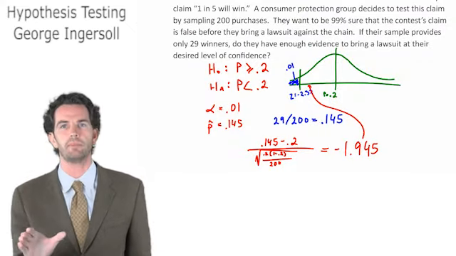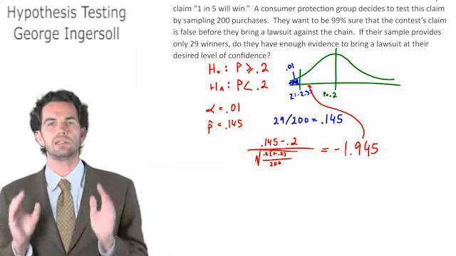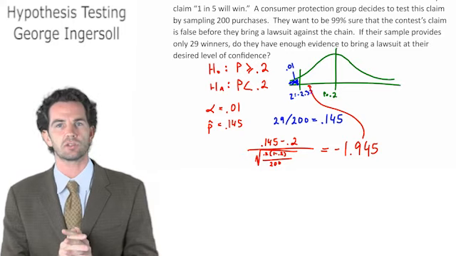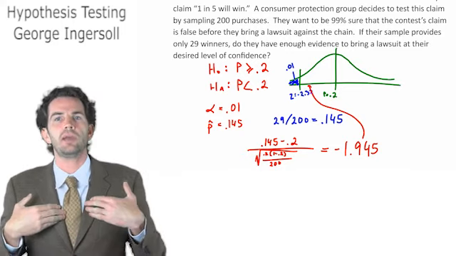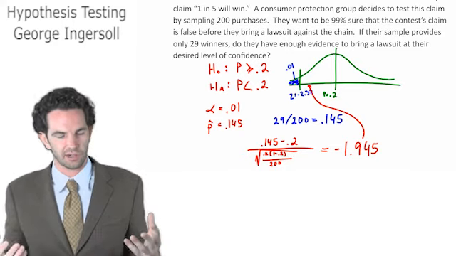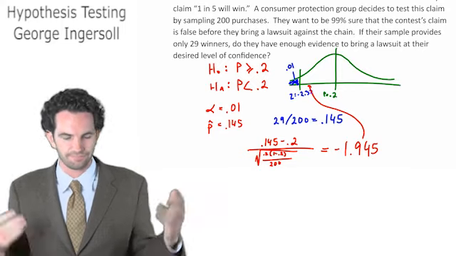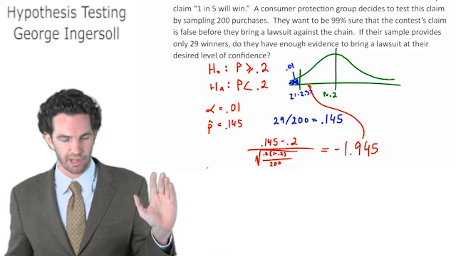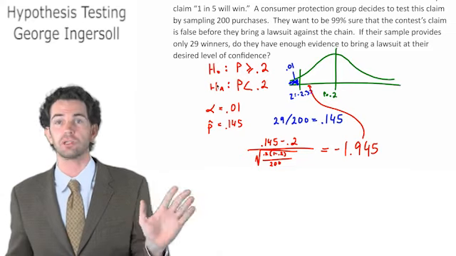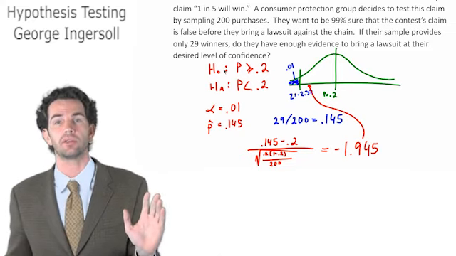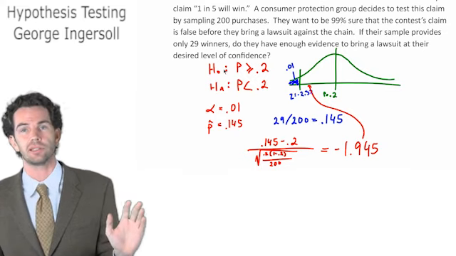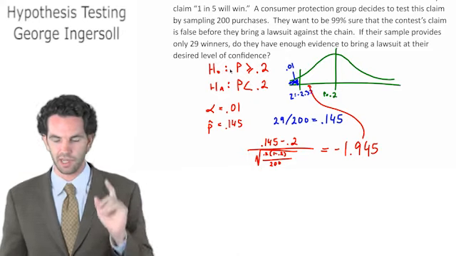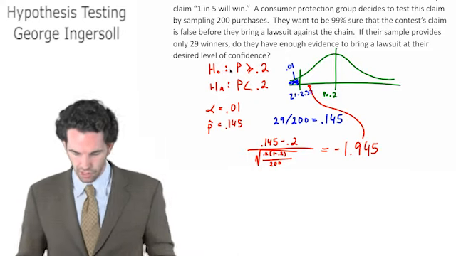And here's the point I want to make. Just because we didn't reject the null hypothesis does not mean that the null hypothesis is true. It just means we weren't able to reject it at our desired confidence level. So therefore, we can say we're not ready to make a claim in court that our alternate hypothesis is true. But we're certainly not accepting the null hypothesis. We never really accept the null hypothesis. We just try to disprove it, and we weren't able to do that to our level of satisfaction. So